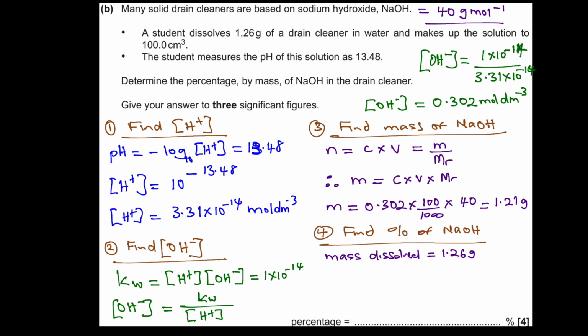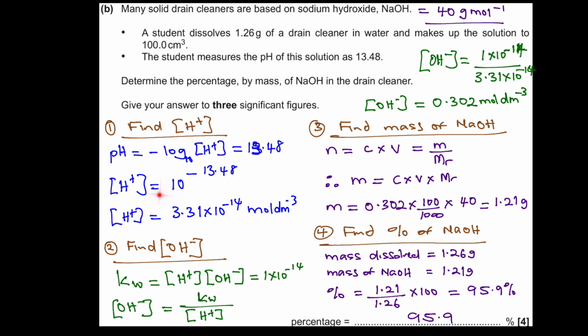And the mass of sodium hydroxide is 1.21 grams. And therefore, the percentage mass will be 1.21 over 1.26 times 100, and that equals 95.9%. We need to write that to 3 significant figures. That would be 95.9%. Finding the concentration of H plus, that can be found by writing H plus equals